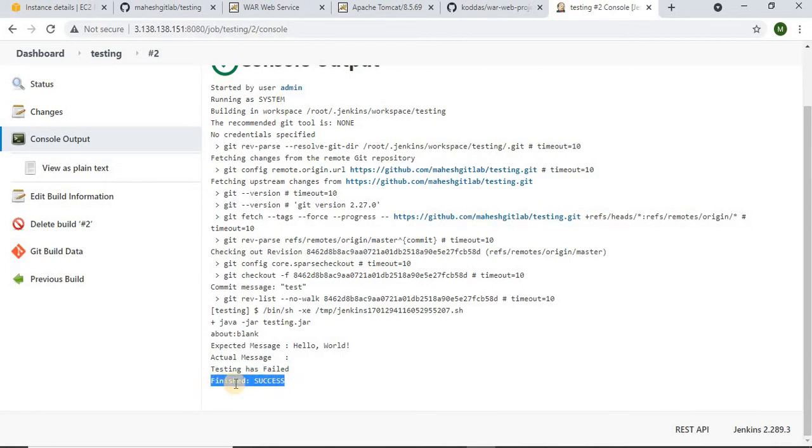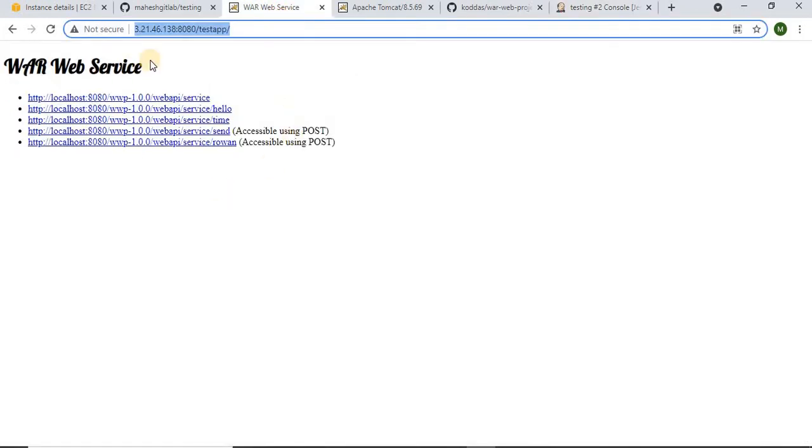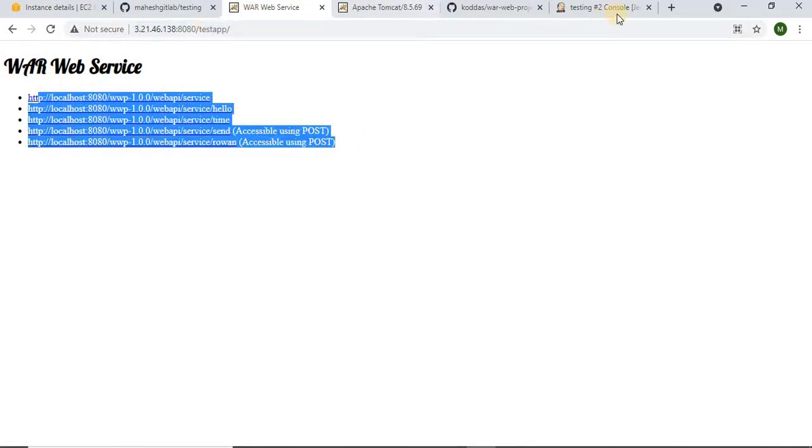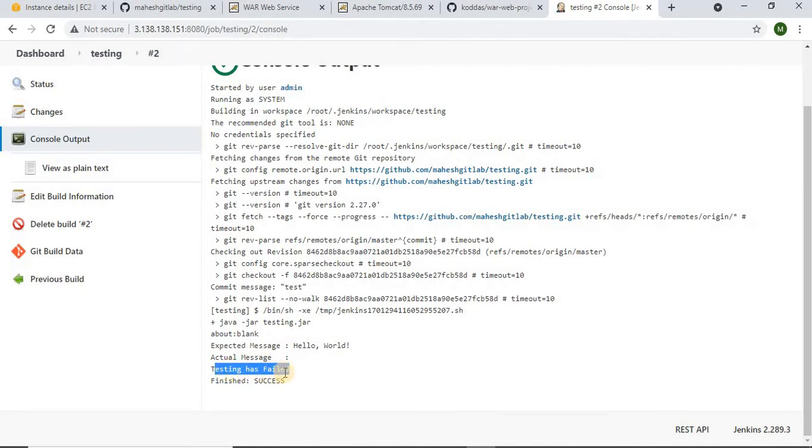The job is to check whether it is reaching our expectations or not, and it is telling us that it is not reaching them. So the job has finished successfully, and it has given the conclusion that testing has failed, because obviously we used some other test case file for this application. You have to understand how testing flows, no need to worry about that one. If you use the proper test case jar file for this, you will get testing success. That's the part.